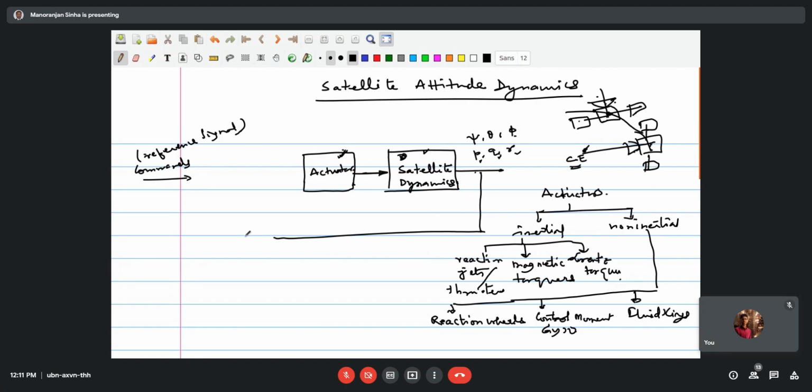So for this p, q, r, you require a sensing device. Let us say we put the sensing device here. This sensing device then gives certain output which may be noise contaminated. So this is the actual value which is unknown. On the other hand, whatever you are measuring here, p, q, r, these are all contaminated with disturbance. So disturbance can be shown either in this place or in this place. So D is the disturbance.